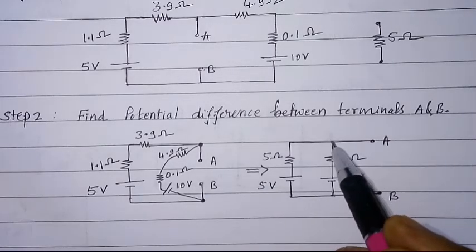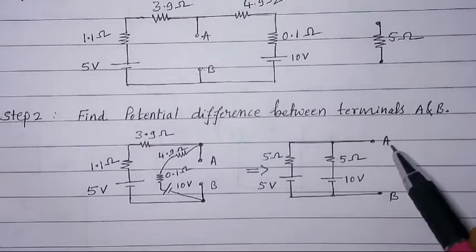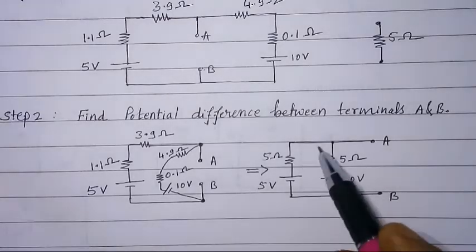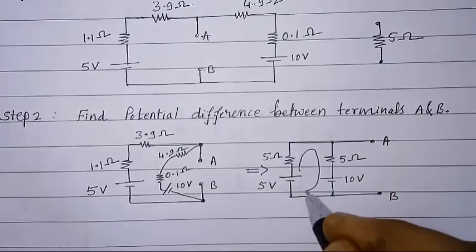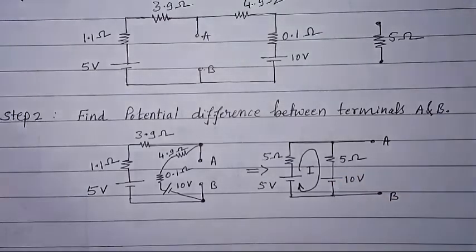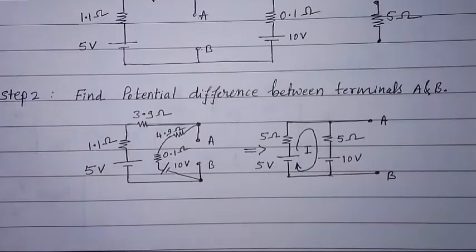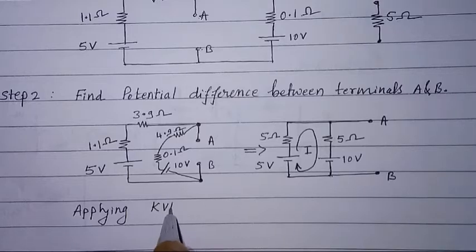To find the potential difference across A and B, we need to find what is the current flowing through this mesh. So mark mesh current I here. Now apply KVL. Applying KVL,